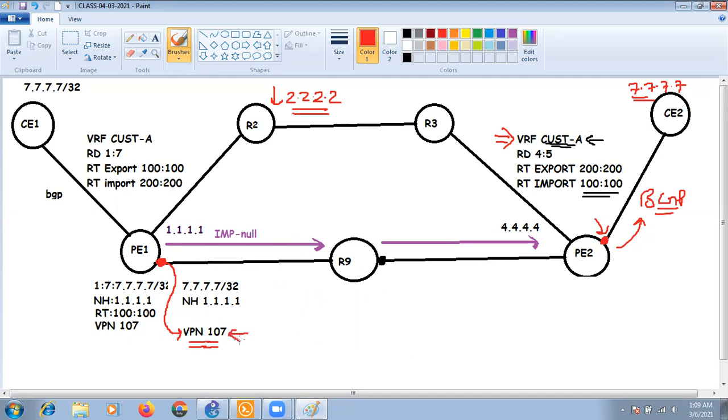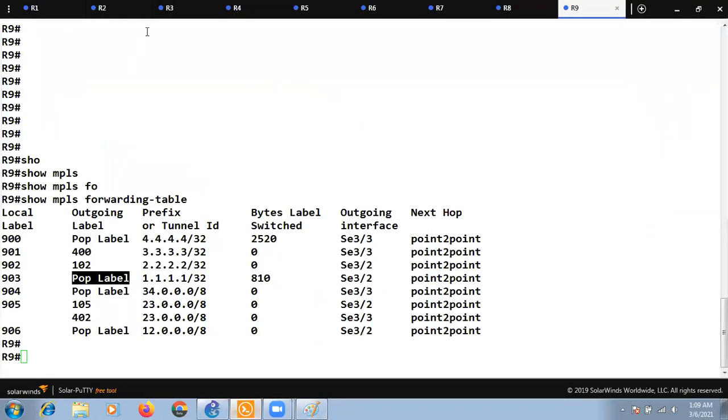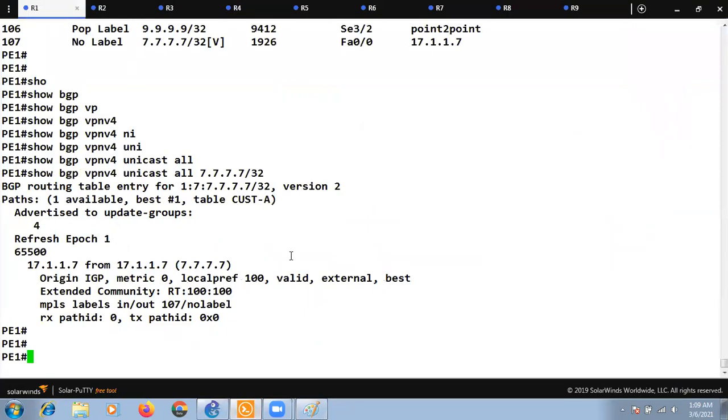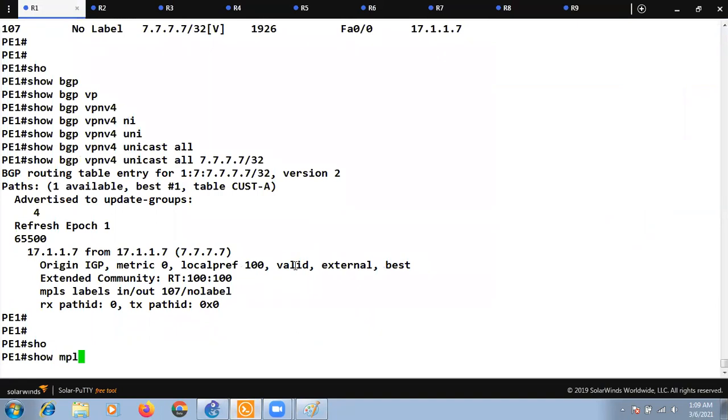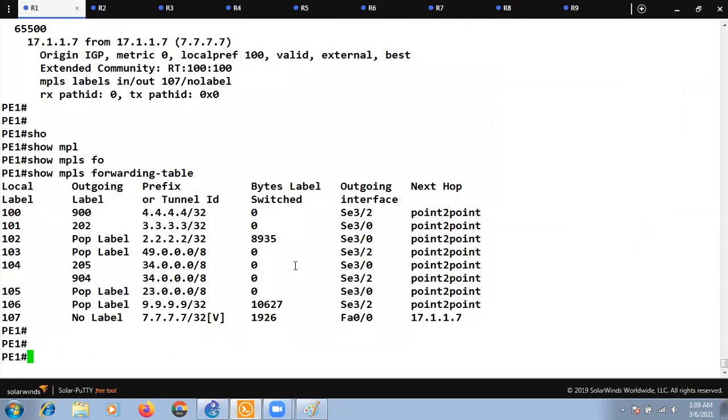Let's go to PE1. It is going to check show MPLS forwarding table, and now it knows that for label number 107 it needs to remove the label.